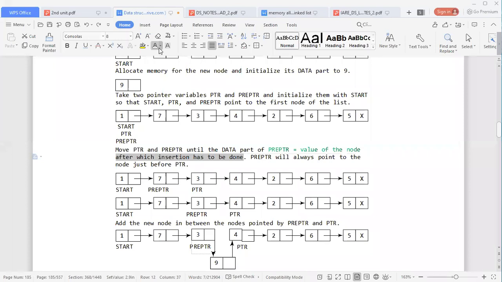Our pre-pointer is supposed to stop there where the insertion is supposed to happen as a next node.